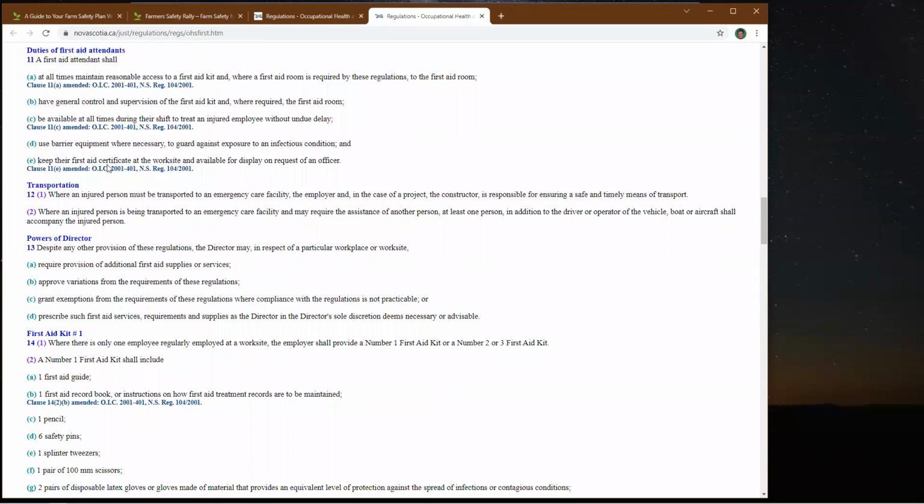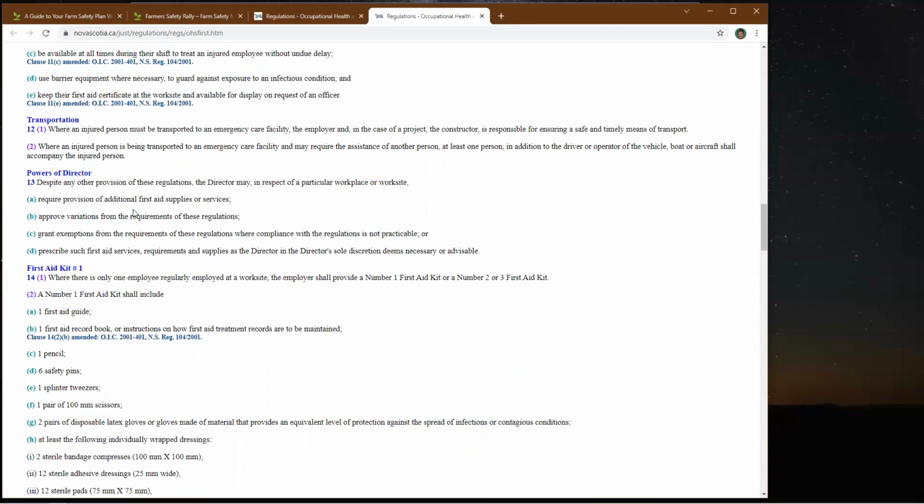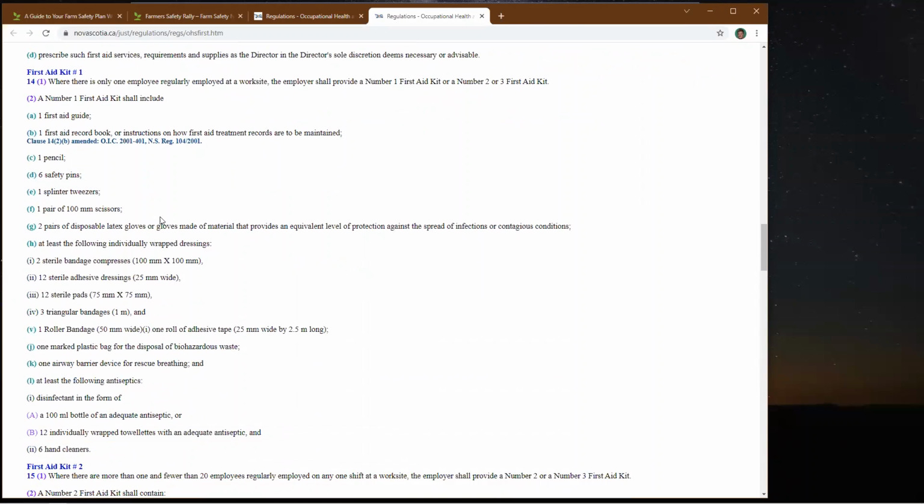Duties of the first aid attendant, so it lays out the roles and responsibilities. We talked about transportation. And then, of course, it goes through powers of the director, so who enforces these regulations. But then we also have the contents of what has to be in a first aid kit. So there's 3 levels of first aid kits that you should have available